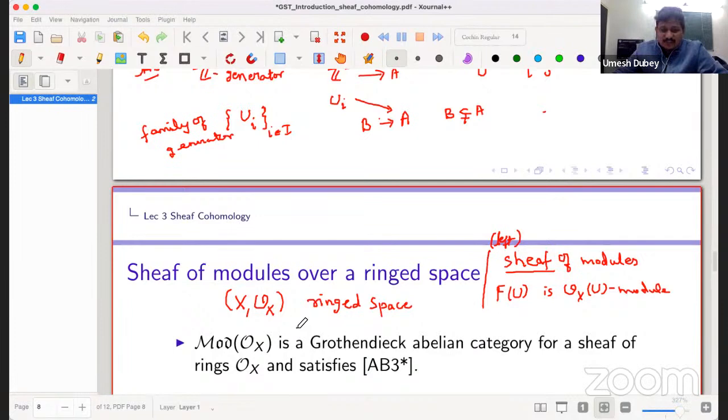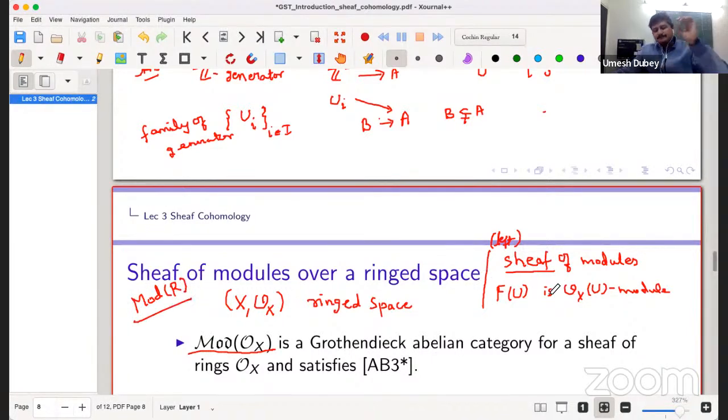So those properties you can prove the same way for this category also, because those properties are already there for R-Mod. So you can see that this will